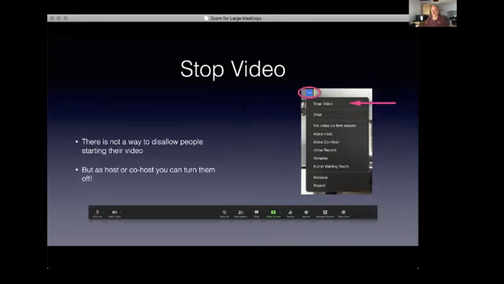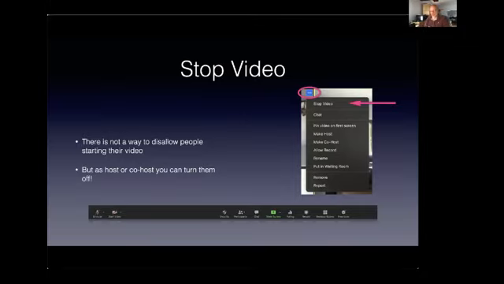You can also stop video, which we've done to a few people who forgot to turn their video off as asked. There isn't a way to do this for everybody as there is for audio, and there isn't any way to disallow people from turning it back on again. Some people seem to think that if they can't be seen, then they're not part of the meeting somehow. You know, they think it's a two-way thing, but as you're all aware, you're all seeing this, and you're all still very much in the meeting.